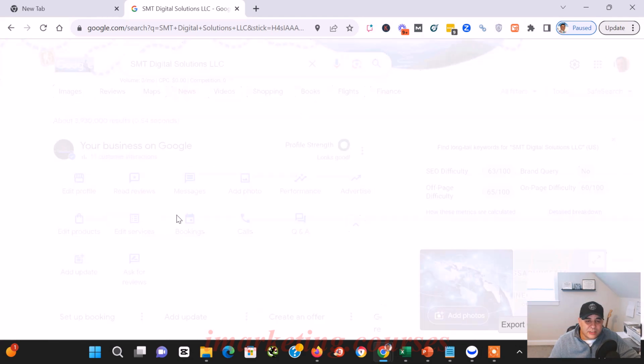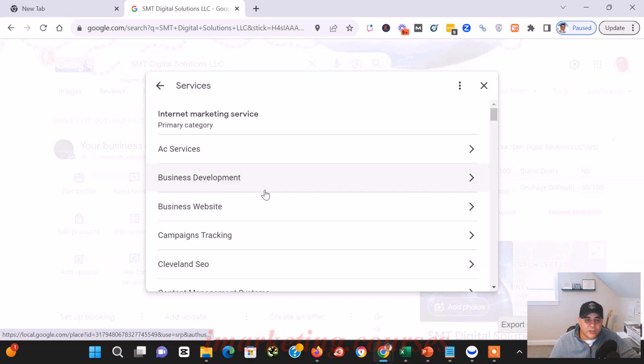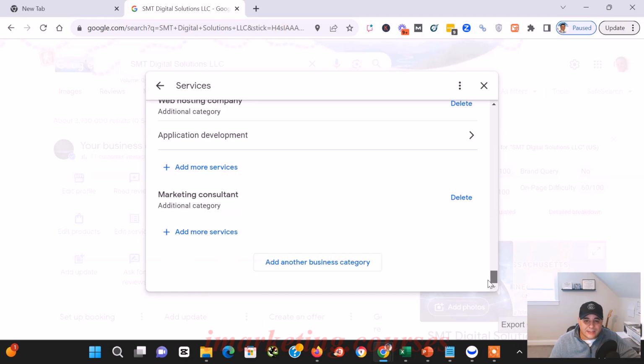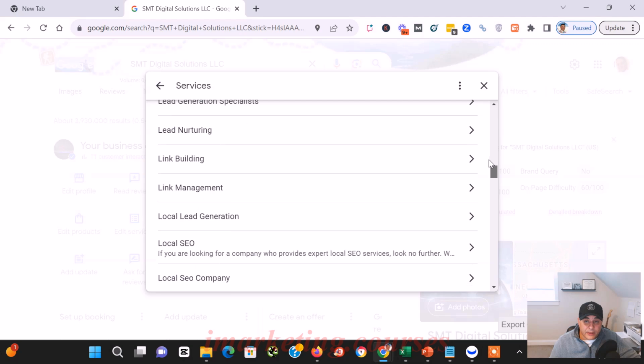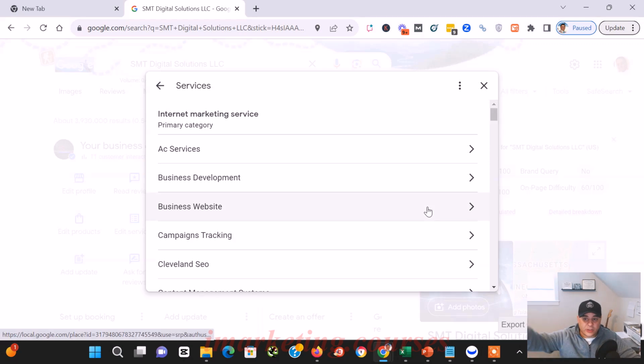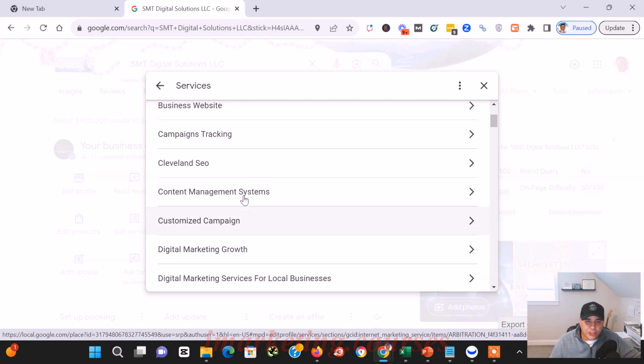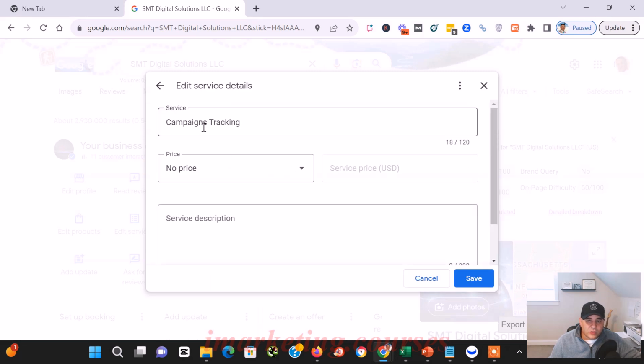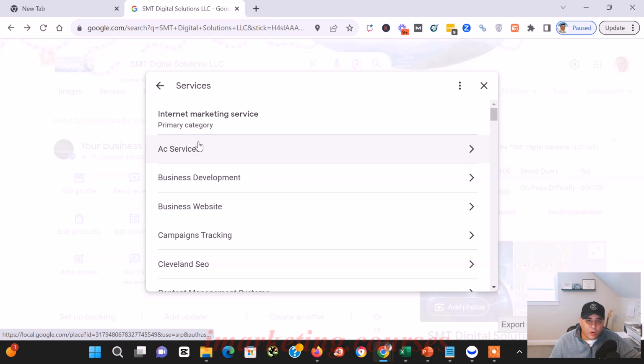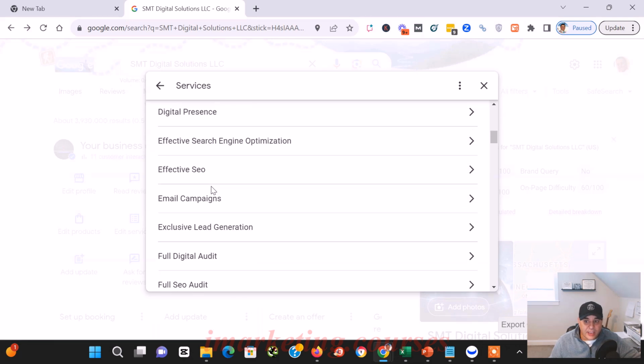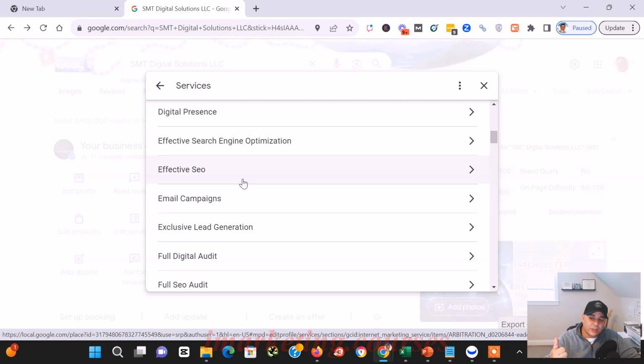So services. Same here. When it comes to services, sometimes you'll see that Google has added suggested services that consumers have said this is a service your business offers. So you may see that here, right? See, all of these have not had any information inputted in, or they might have been wiped out. So what you'll want to do is list all of the services your company offers, right? When I say all of them, sometimes listing things like, if you do hot water heater installation, hot water